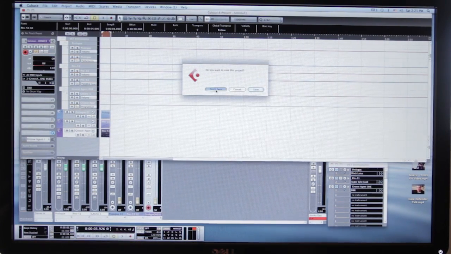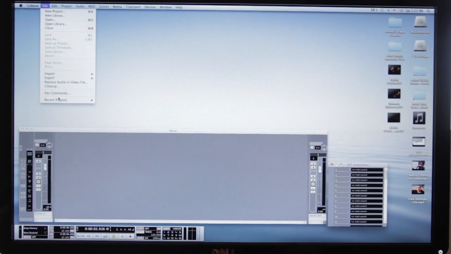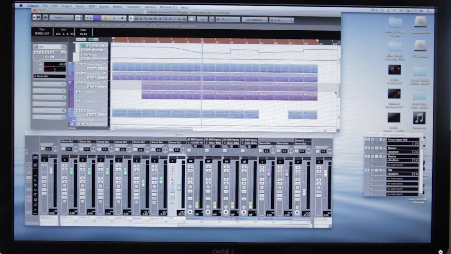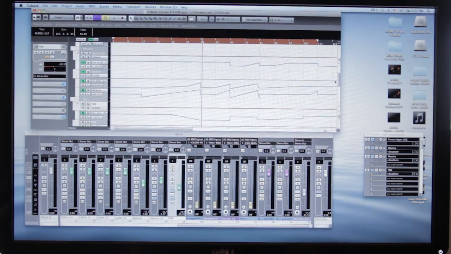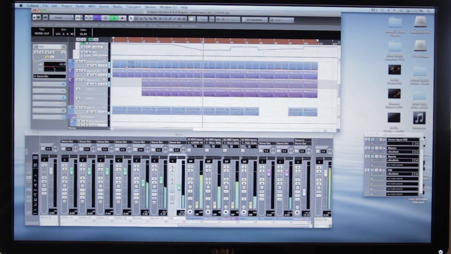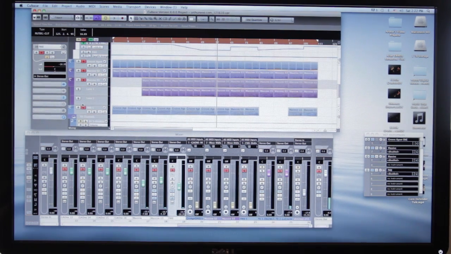So if I close this down, I'm not going to save that. Let me open another project. Here you can see all the different music tracks I have. I probably have about 7 or 8 different instruments happening at the same time here. And if I just play it, you'll just hear all the different instruments. And you can see I'll play each one separately for you, and I'll build the track over time. So that's what a sequencer does. It puts everything together in a big sequence.